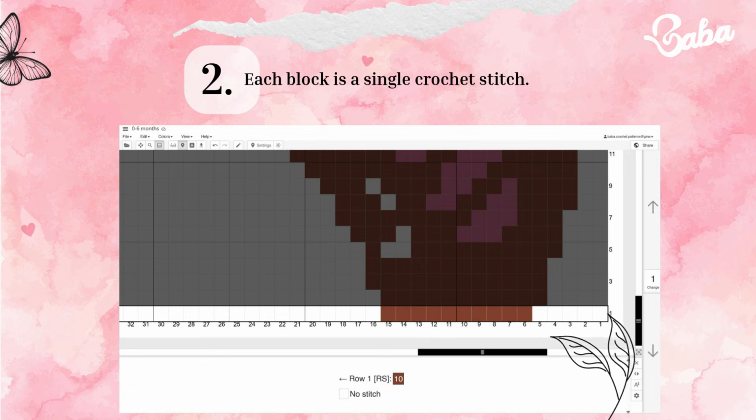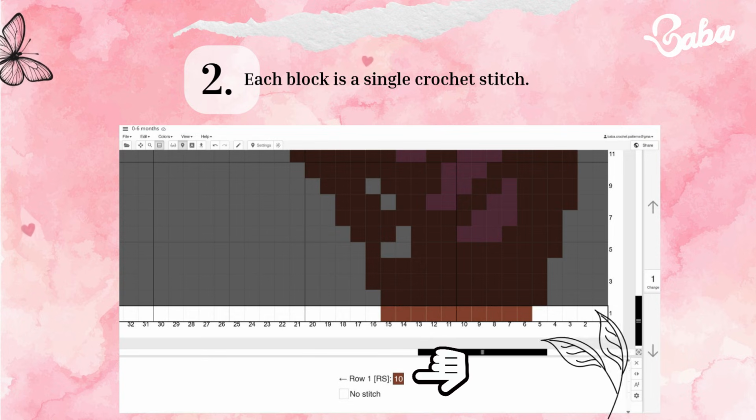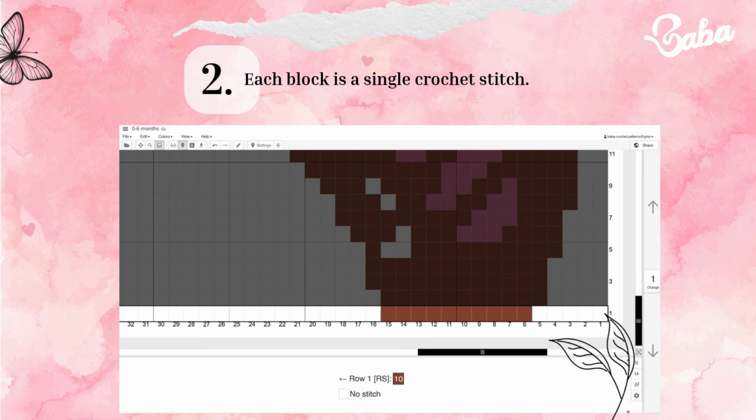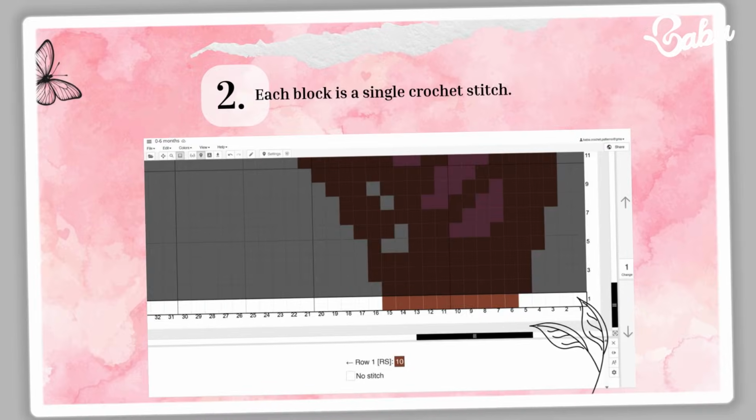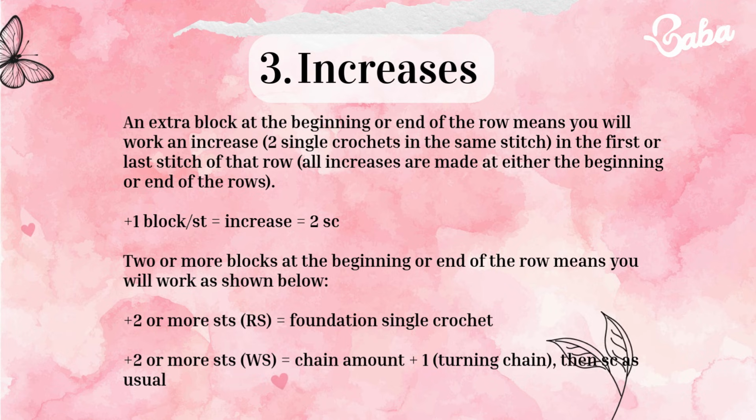So in this case, if we look at the bottom inscription, it says 10 blocks in brown. That means we're going to have 10 single crochets in the background color. An extra block at the beginning or end of the row means you will work an increase, that is 2 single crochets in the same stitch, in the first or last stitch of that row,